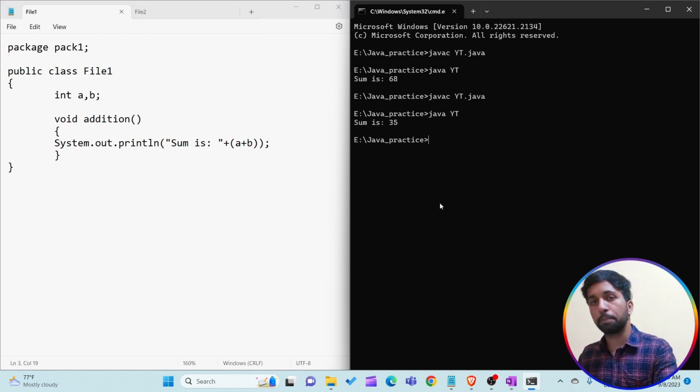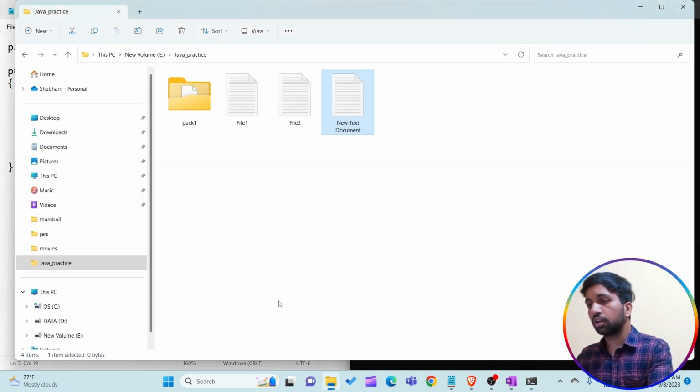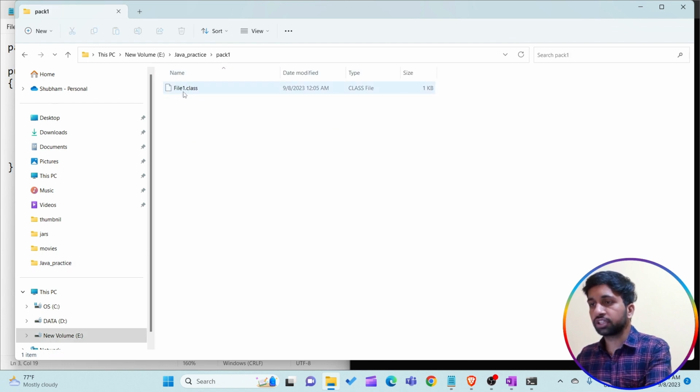For that, I first want to compile file1.java, which is present in pack1. So I write javac -d space dot, for telling Java to use the same directory, and then file1.java. This file1.java is successfully compiled. If I open this package, you are able to see the file1.java file and the file2.java file present in the same place, but the pack1 folder, or package, contains the